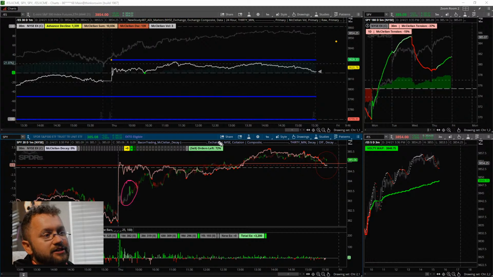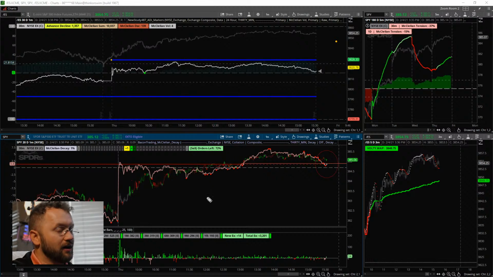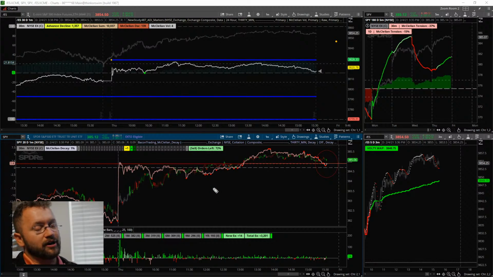So my expectation is we wait till this gets down to zero. Don't try and front run, because while the orders are finishing, you have to remember that is demand. And this is the word that all human beings in trading think is the god of everything. And demand is not the thing that drives the market. The thing that drives the market is something called margin. Margin is the god of all price directionality.